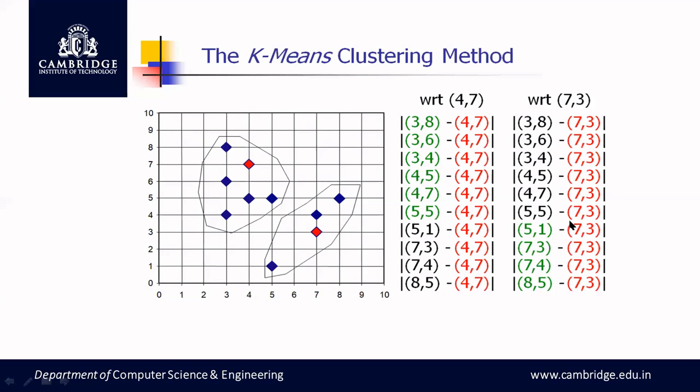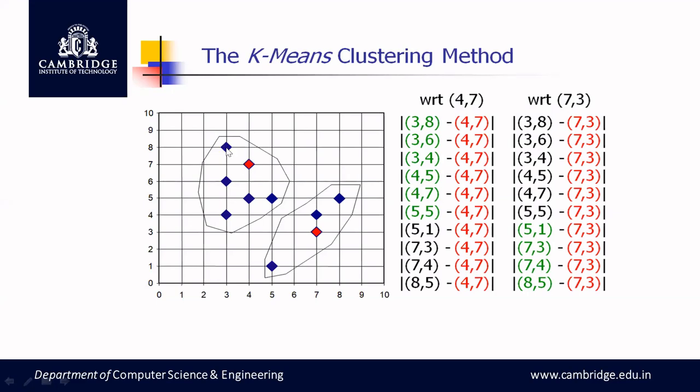Yes, Krishnashree. Initially, you can choose any 2 data points randomly, but this is not the end. In the next step, we will combine this center of cluster with the next data point which is minimum, and we will recompute the centroid and repeat the whole process. For example, this value is 4,7 and this value is 3,8, right? So on the x-axis it is 3 and on y it is 8. Now I will recompute the new centroid point.